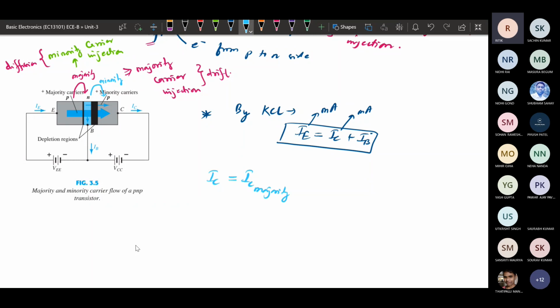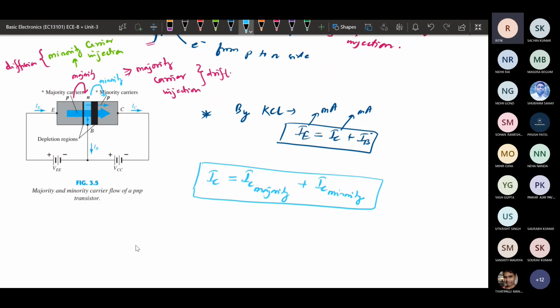Along with that, there will be a minority charge carrier. This small, thin arrow represents IC minority. So overall, the output current that we get is because of the majority charge carriers as well as the minority charge carriers.